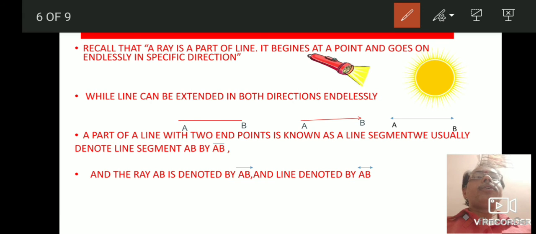Actually, here AB is a ray, which is represented by a single arrow head upon the AB, and here, for the line, we have double arrow heads on both sides. So that's why this represents a line. Okay, and next,